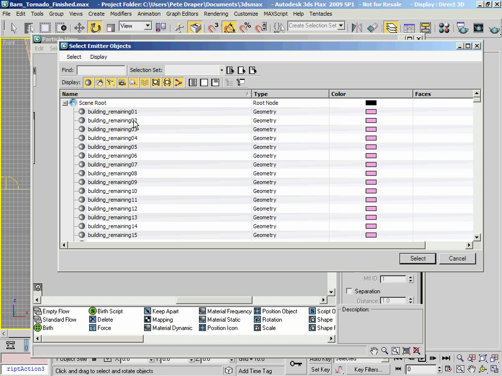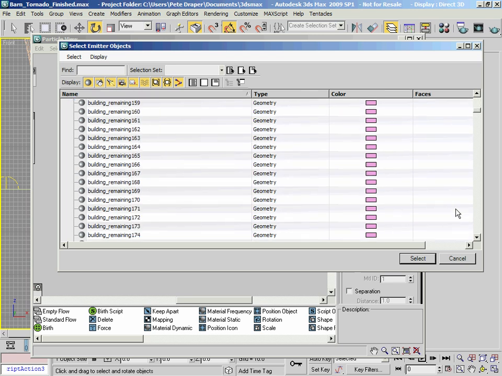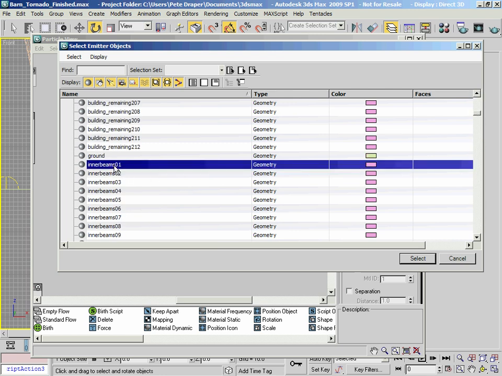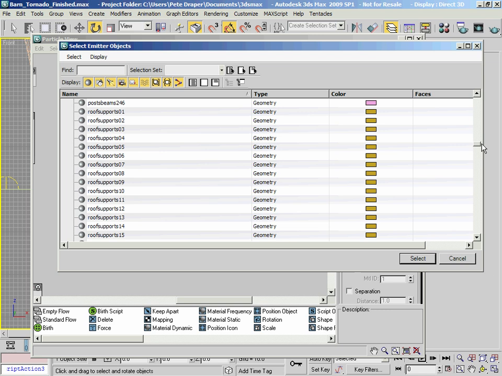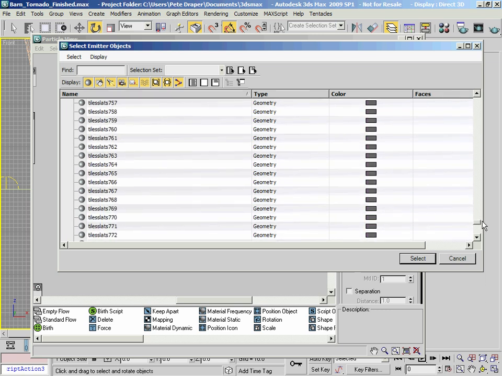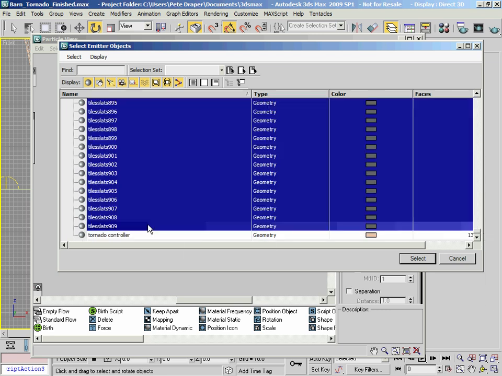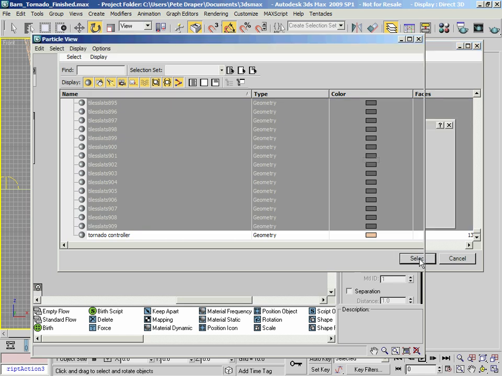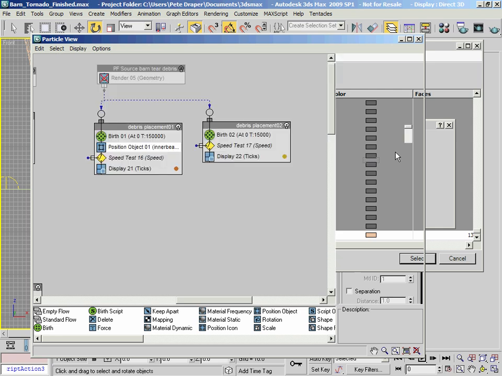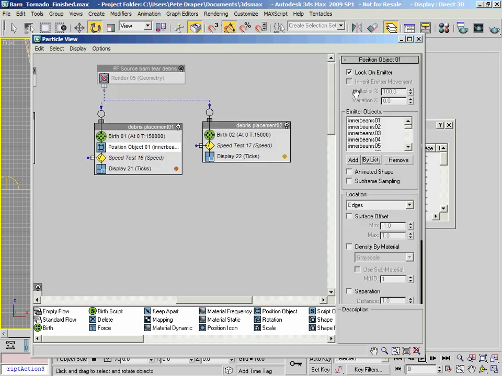We don't need any of these building remaining ones, we actually just want the stuff from the inner beams, all of these guys down to there. That's going to sit there for a second and load all of those objects into our emitter objects list. It might take a little bit of time depending on the speed of your system, but that's got all of those guys in there.